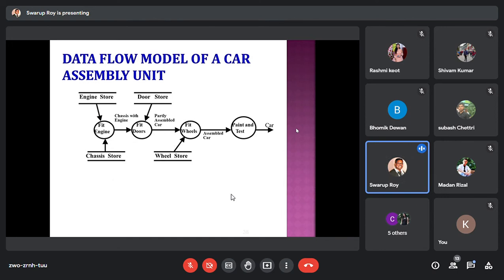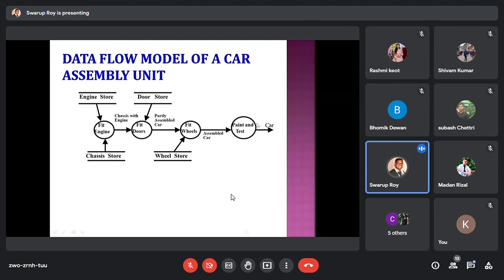Now this is basically a kind of a car manufacturing example. This is a kind of a flow, workflow you can say, or data flow. See, you cannot start paint and testing before doing the rest of the things. Okay, you see this particular part, paint and test.